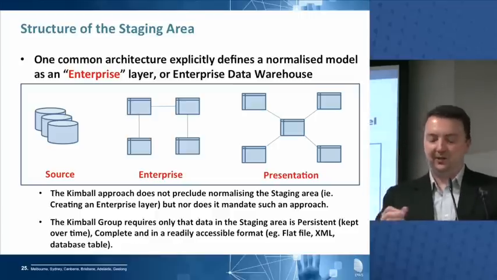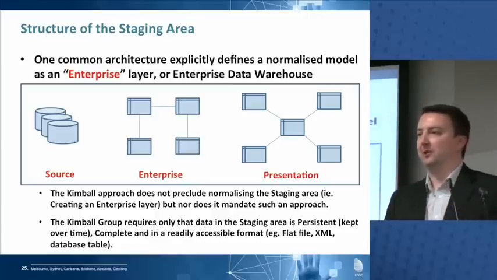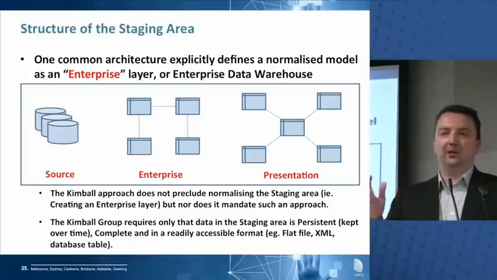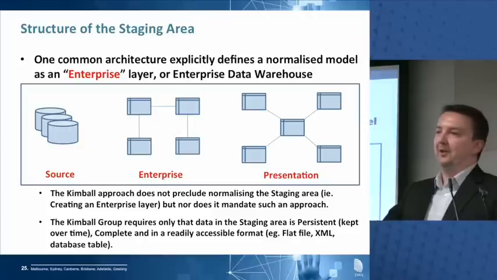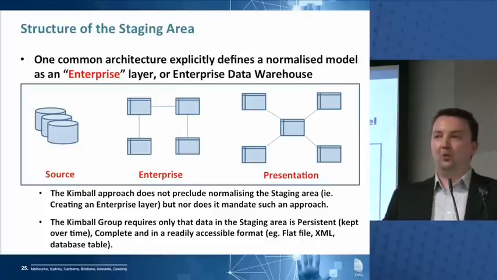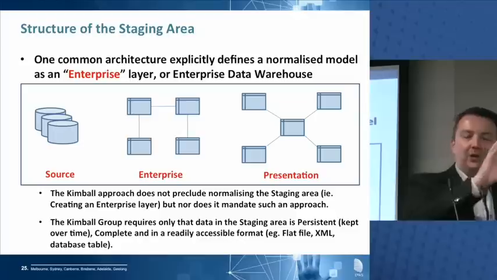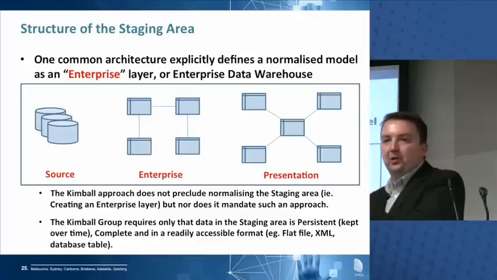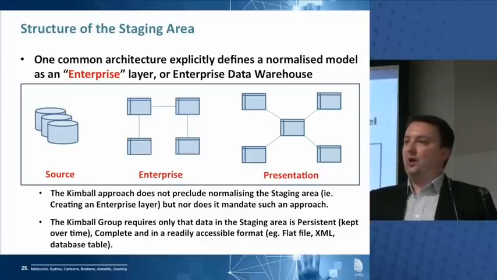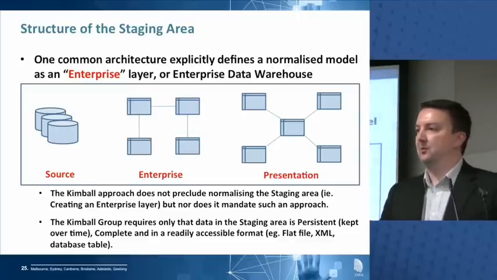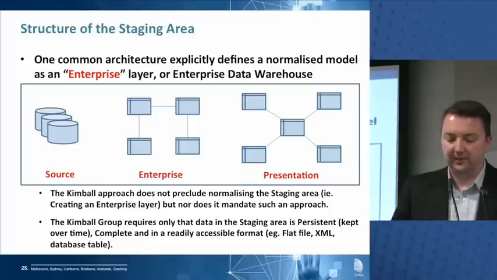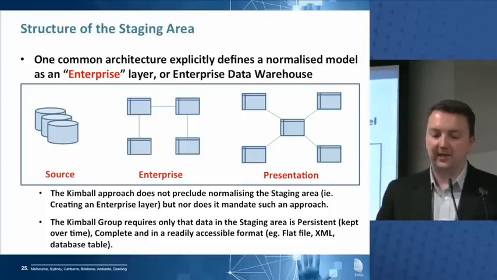And this normalised model, this is the Bill Inmon approach. Bill, I think he's probably coming around too. He said, forget the whole dimensional model thing. What you need is a great big normalised enterprise model. So we take our normalised models from all of our operational source systems, and we put them together in one normalised model as if we had one operational source system that covered our entire enterprise end to end. And this is our data warehouse, says Bill.